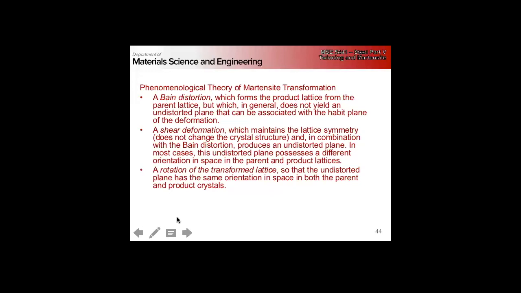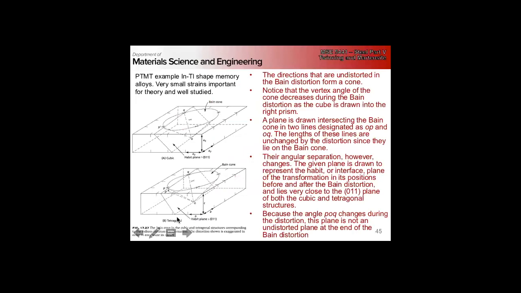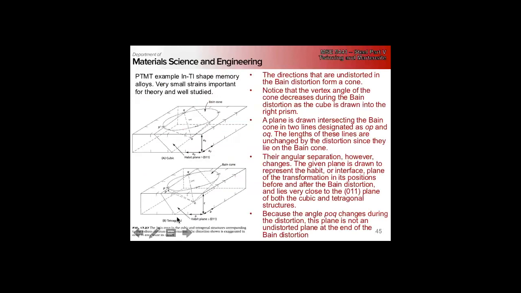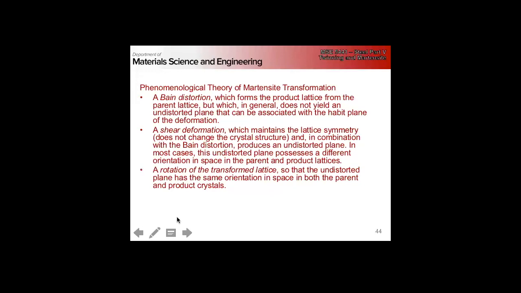So then you need a rotation to bring it back, right? We spent some time on the geometry of the theory, and that's not important. What is important is to understand what the main components of the phenomenological theory of martensite are,